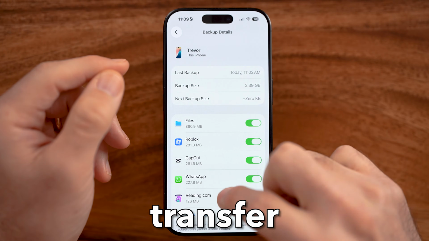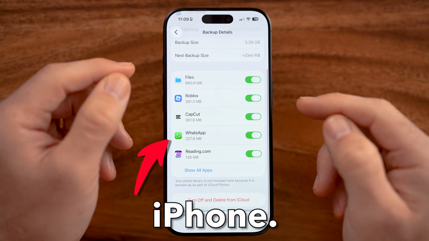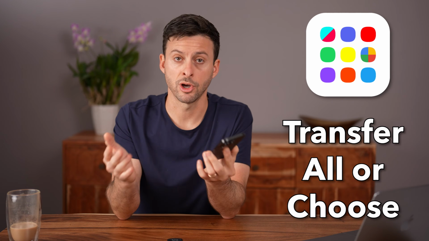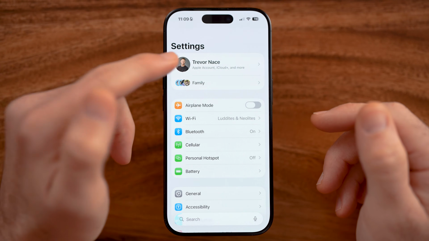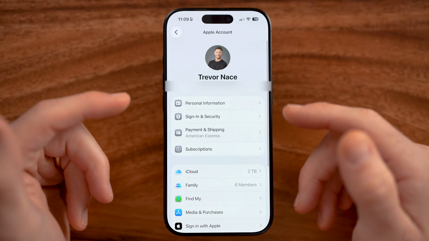Let me show you how to transfer apps to your new iPhone. You can either transfer all of them over or pick and choose which ones. I'll show you how to do it. Now, the first thing we need to do on your old iPhone is head into the settings and make sure